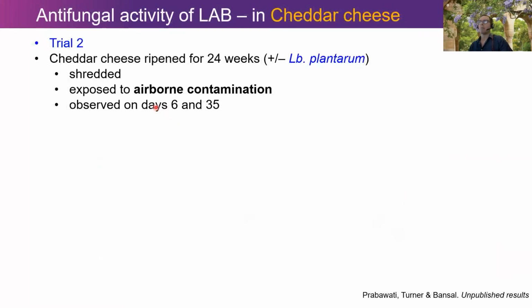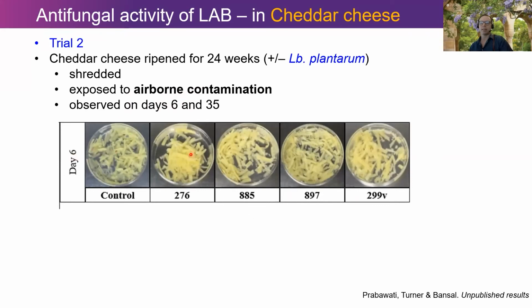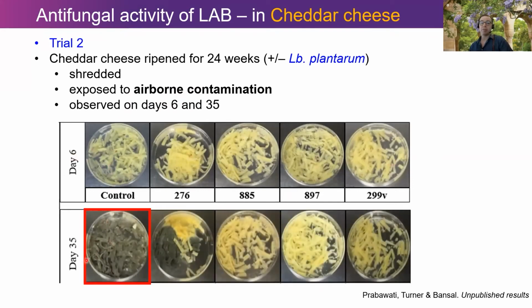That's when we add in mold. We added pretty high levels, which is probably a little bit unrealistic, but just to speed the assay up. When we just shredded the cheese and then exposed it to aerial contamination in the lab, where there are molds in the air that fly in and land, we then held those cheeses for different time points. Day 6, they all look pretty good. But by day 35, and it took longer for the mold to grow because the inoculation level was lower,